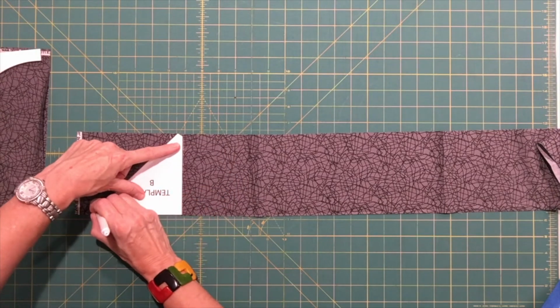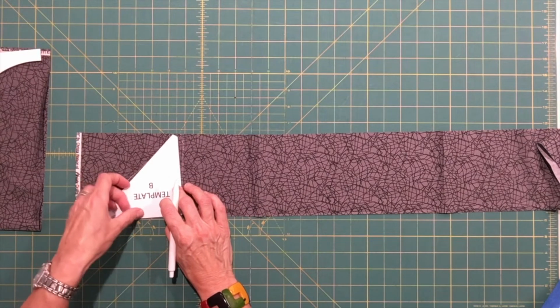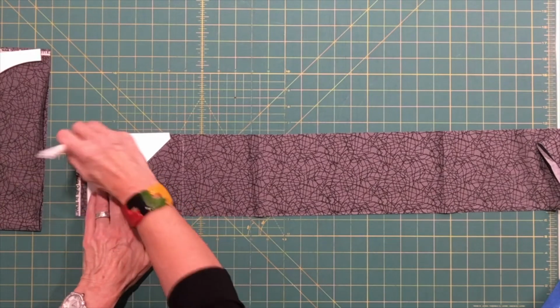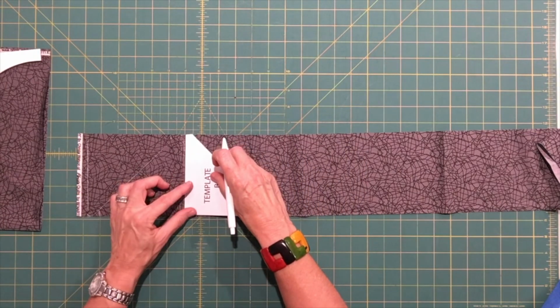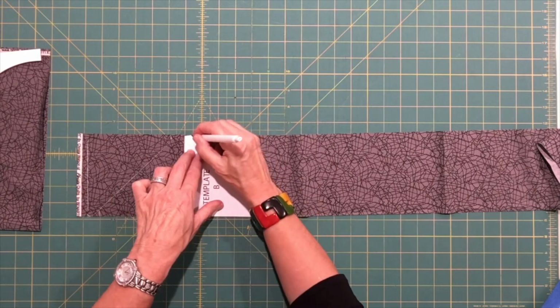Now this is for the flower block, so if you're making just one flower block, go back and put that straight line in right here. If you're making just one flower block, you're going to need 4 template Bs. So save the fabric by butting up the templates straight edge to straight edge and diagonal edge to diagonal edge,